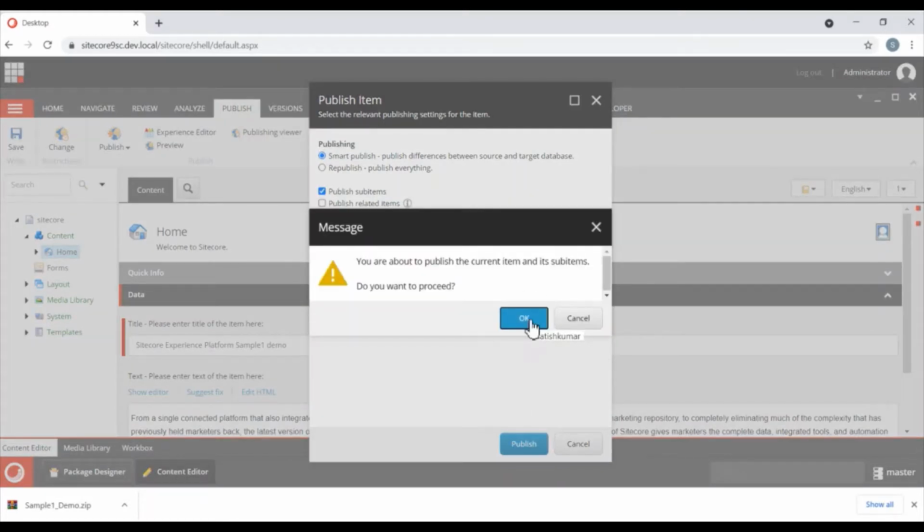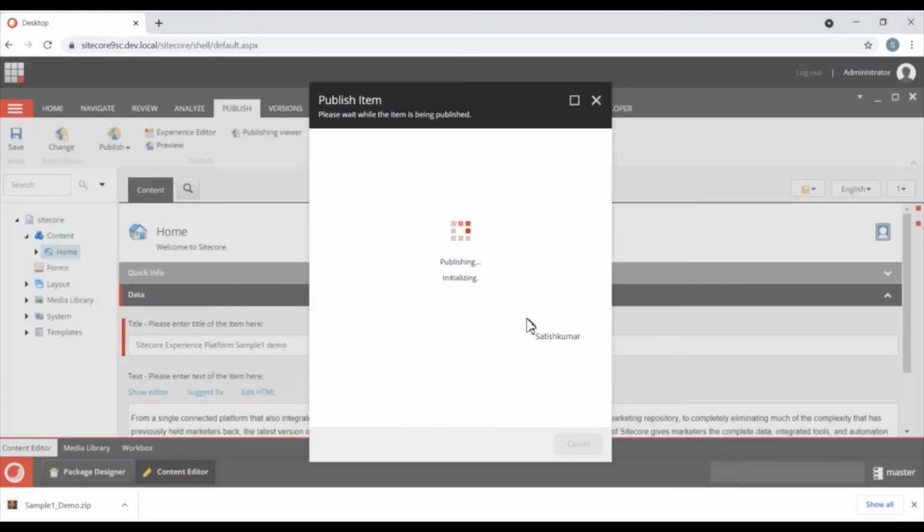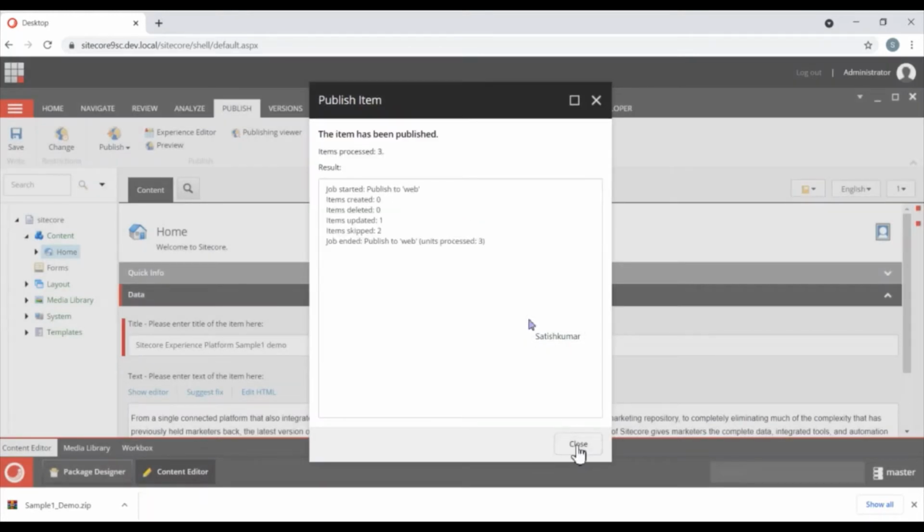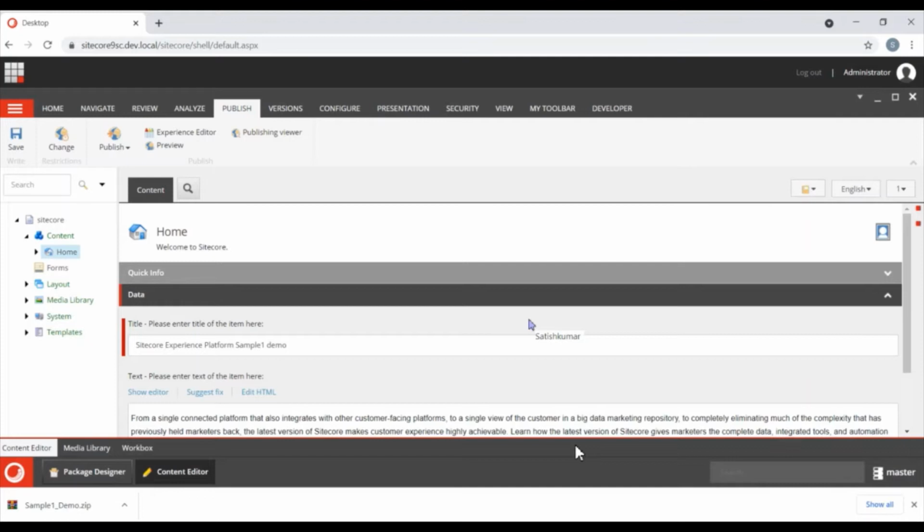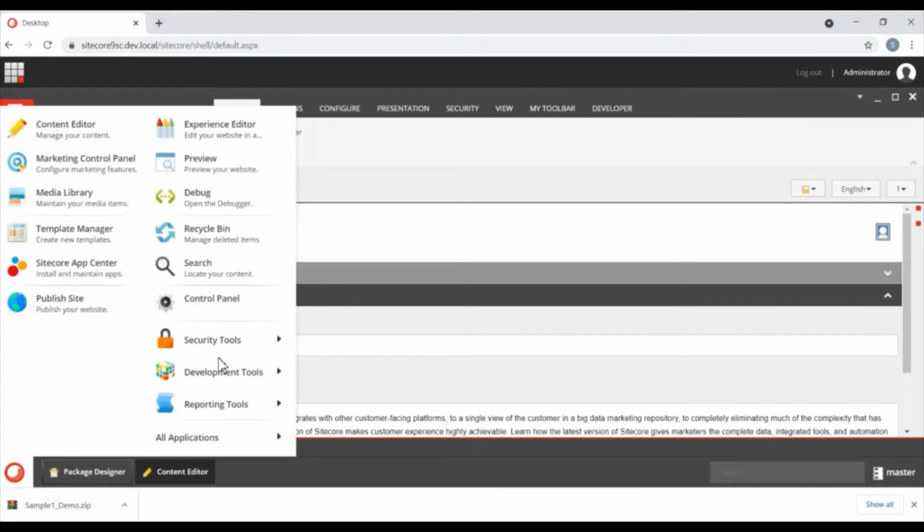Now the item got published. Okay, now the item is here. I don't have a separate environment to copy that package and deploy it on another server, so I am just deploying to the same server by modifying the item. I modify the item, then I deploy my previously taken package.